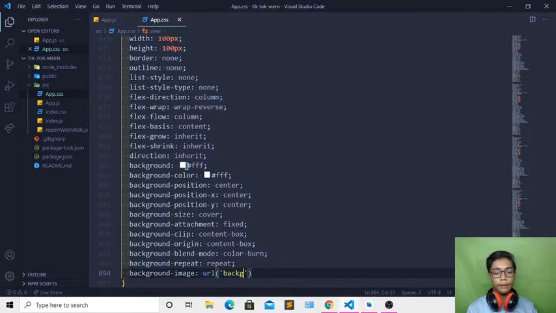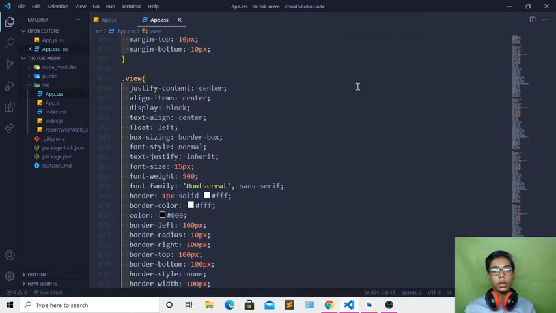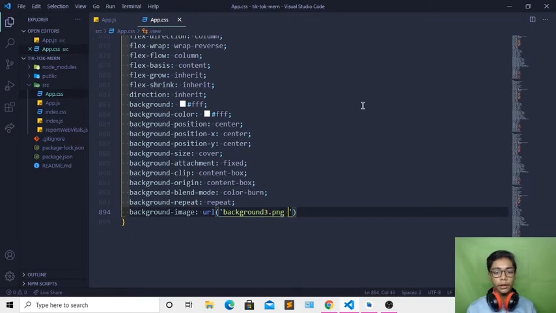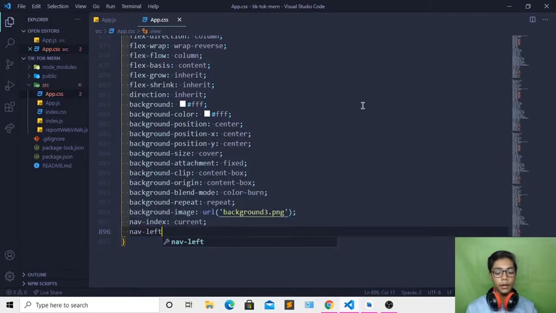And in this URL I will write background. Go to the top, and here I will write background3.png. So just write that. Now when you've done that, close here, come underneath, and create nav-index, which should be current. Then I will write nav-left: current. And then I will come underneath and create nav-right: current, and